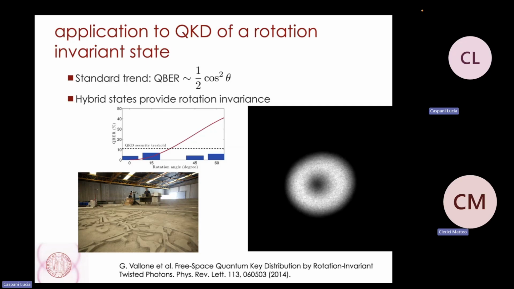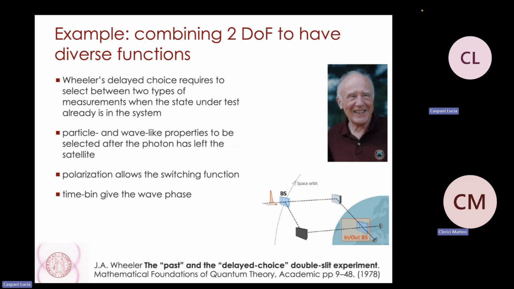Another example of combination, another chance, is with two different degrees of freedom, now polarization and temporal modes. This was essentially exploited for